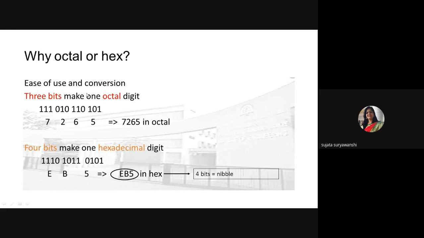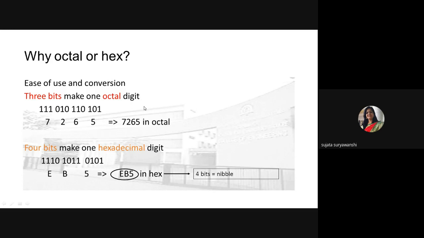We'll see how I'm saying this. Suppose 3 bits make one octal digit. Can you tell me the maximum of the distinct values of an octal digit? Distinct values of octal numbers are from 0 to 7. So the highest symbol is 7. So the maximum number is 7.